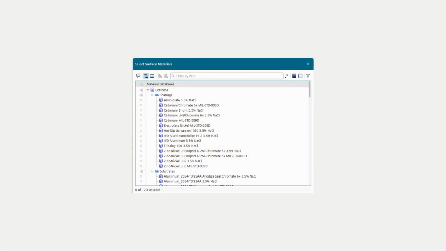Just in a few clicks in the usual continuum level, you can bring in whatever material properties you need, couple it with the electrodynamic potential solver, for example, and run your corrosion studies.